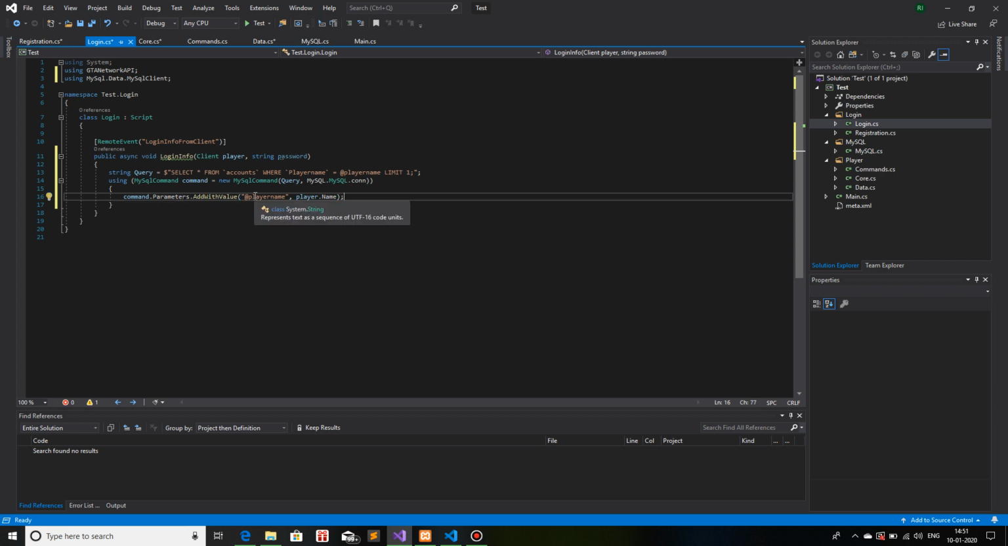We have exchanged this using parameters add with value so that the SQL query does not get injected, so that no one can use some sort of injected or corrupted name and then mess up your database. So now after we have replaced the parameter, we are going to make a